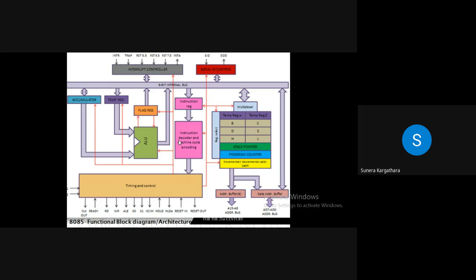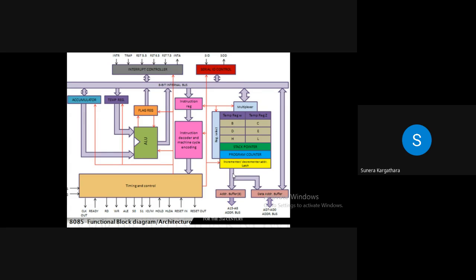So if you can observe here on my screen, this is nothing but the architecture of the 8085 microprocessor. Can you see it on screen? Students, are you able to observe this architecture on my screen? Yes. Right? So one by one, each and every section we want to discuss in detail. Draw and explain architecture can be a question, a very broad question obviously. So in that you need to draw this architecture.